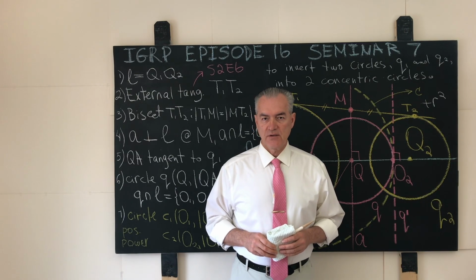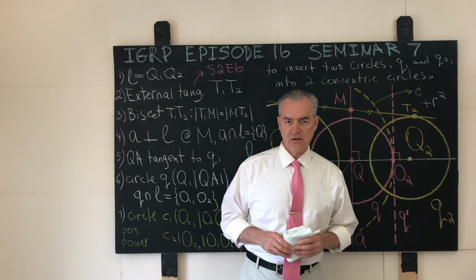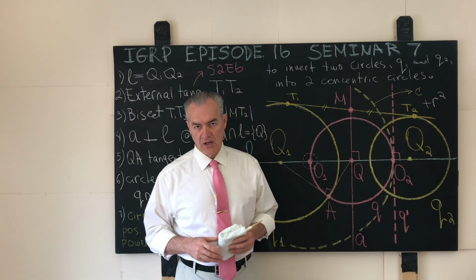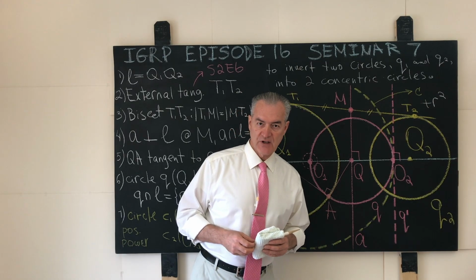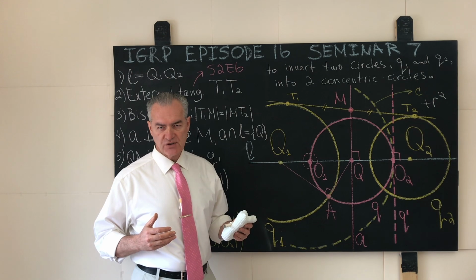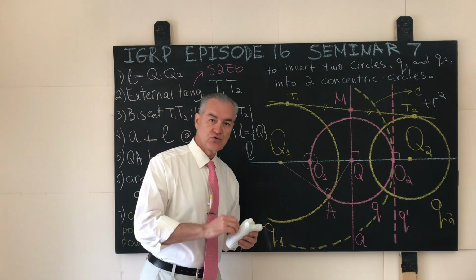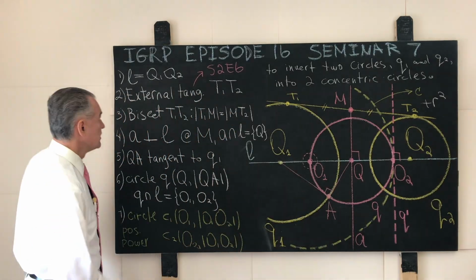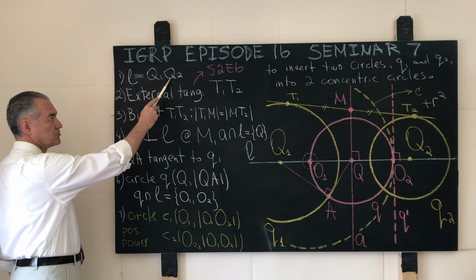To that end, if the two input circles are located strictly one outside of the other, then the following algorithm will produce an inversion of the parent plane with respect to the circle that we will define, that will take these two distinct circles that are not in contact and that are located one outside of the other into two concentric circles. Step number one, construct the straight line of centers Q1, Q2,